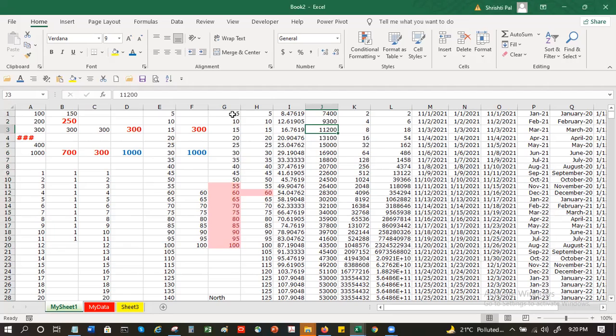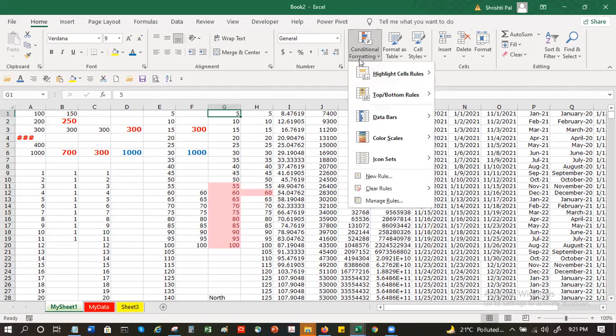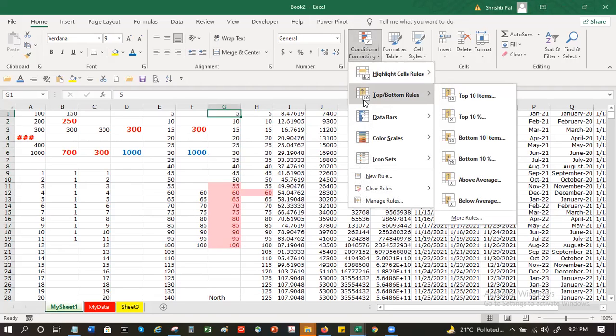Now, if at any point of time I have to do text or date, the same rules will apply. Along with that, there are also different ways, like top bottom rules, top 10 items, top 10%.